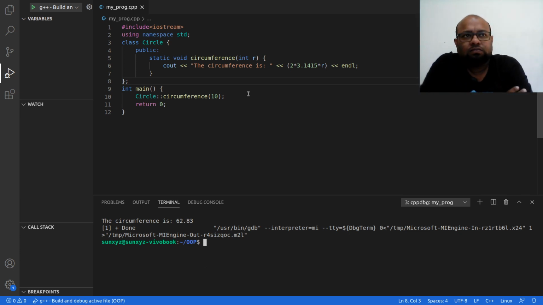Now, you may have guessed, a static method need not be allocated memory as an object, but the local variables of such a method will be allocated memory in the static data segment. This kind of method is called a static method.